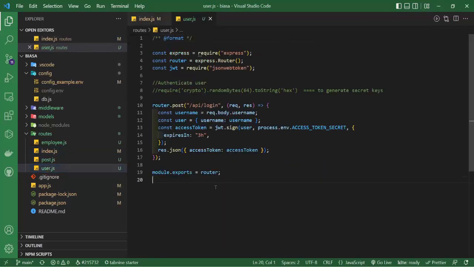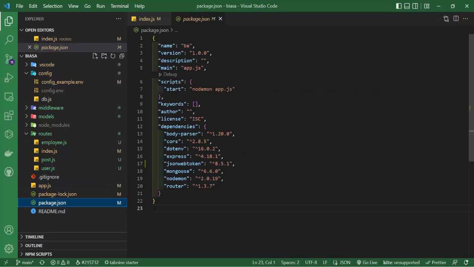So in this user route, we are just having the JWT. So you can see here in package.json we have installed JSON web token. So it's simple to install it. Just take this package.json and do an npm install, or if you already have package.json you can do npm install jsonwebtoken. Once that is done, we'll go back to